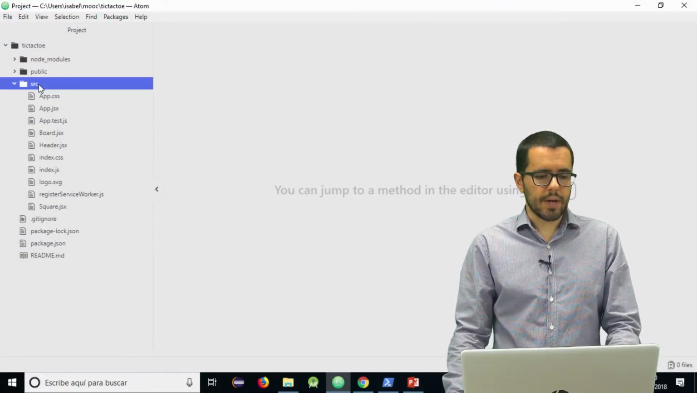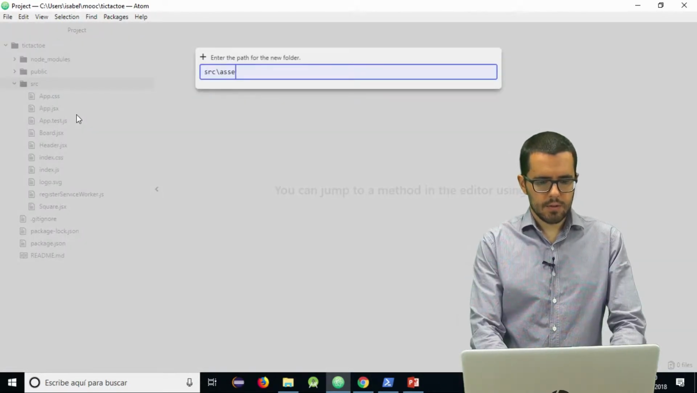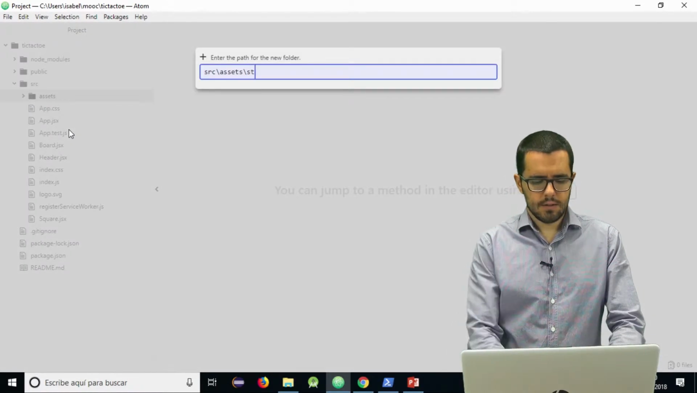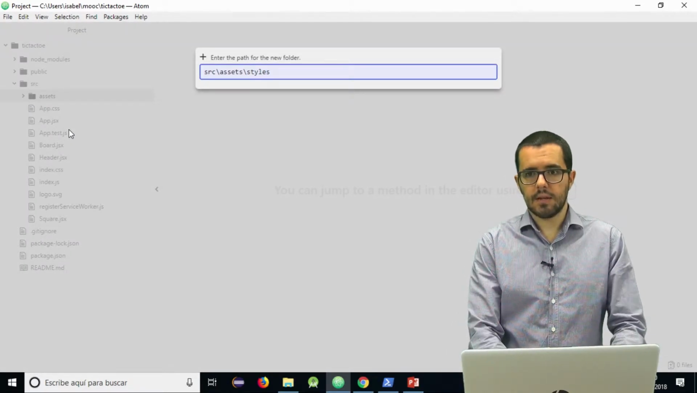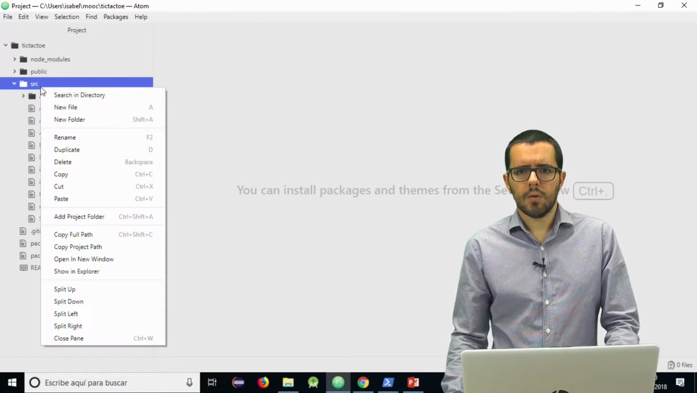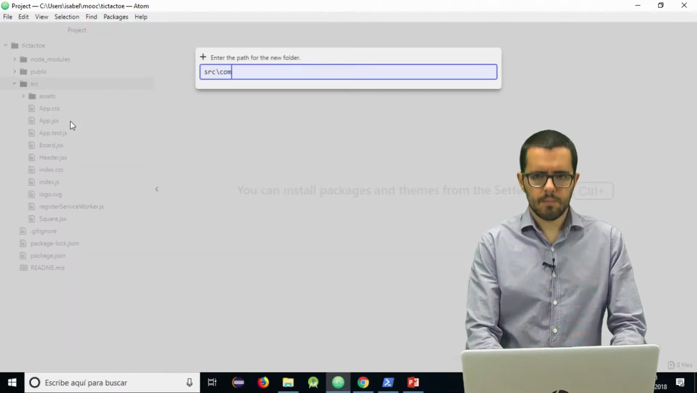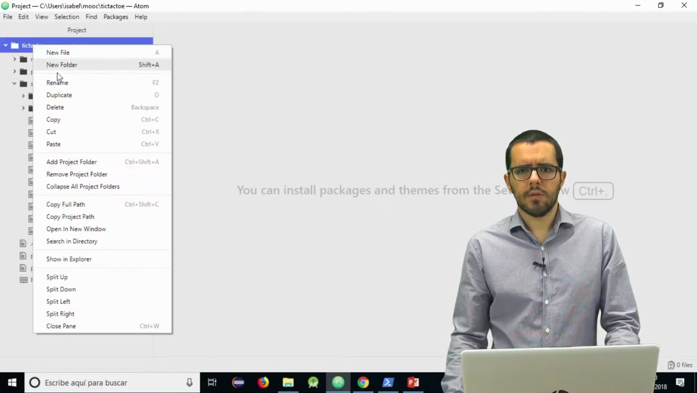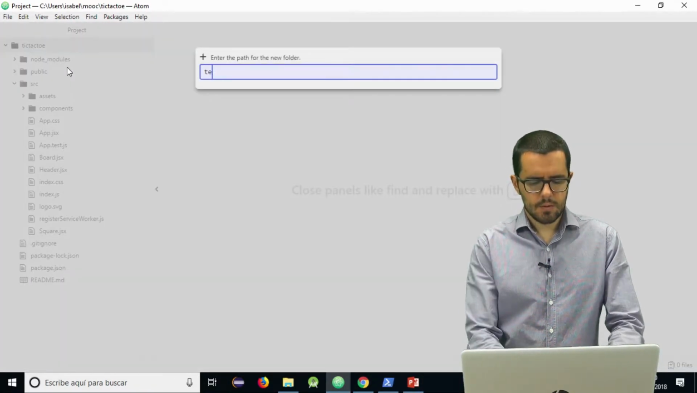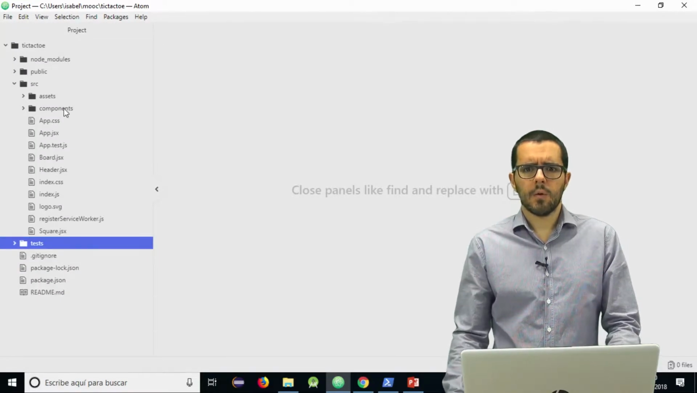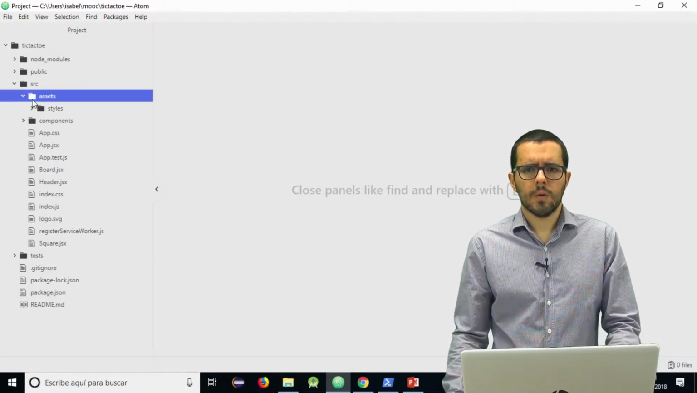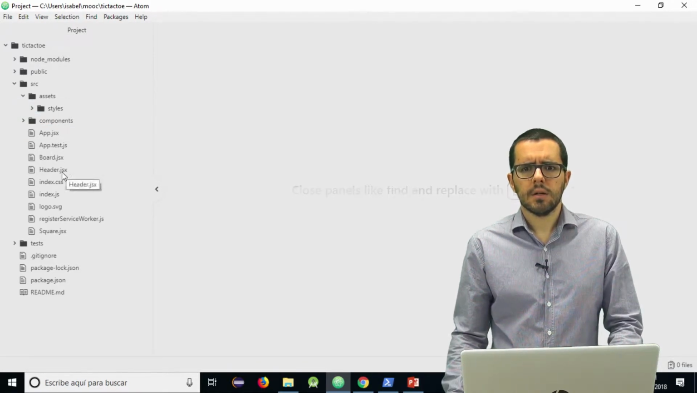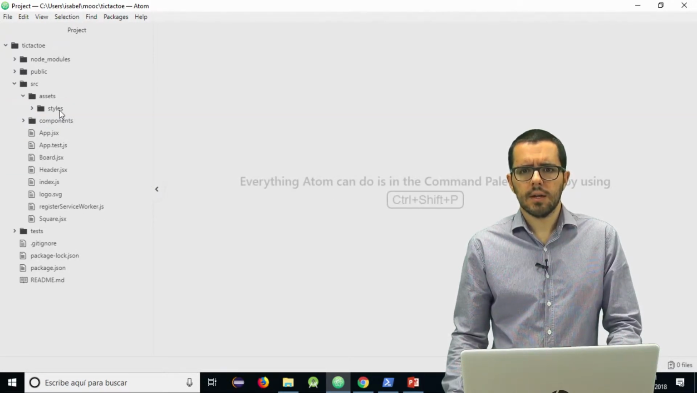The first thing is to create the folders: assets, and inside styles, and now components. And in the upper folder, tests. And we are going now to move everything. The CSS goes to the styles, the index goes to the styles,